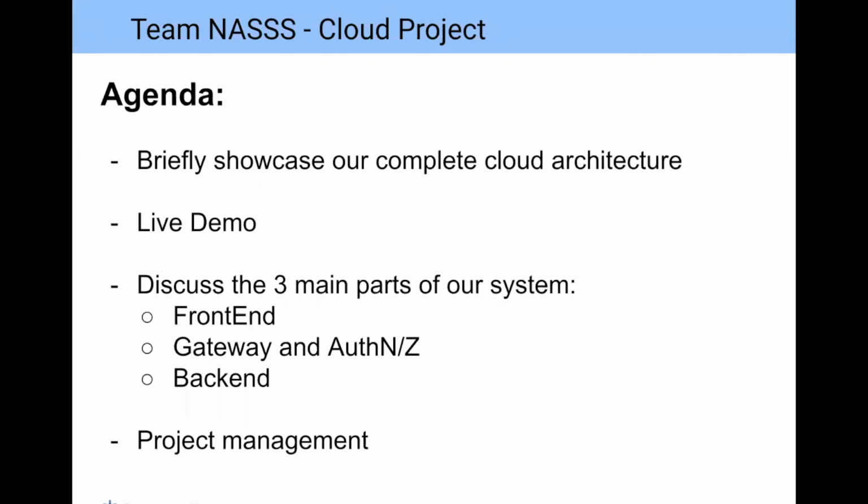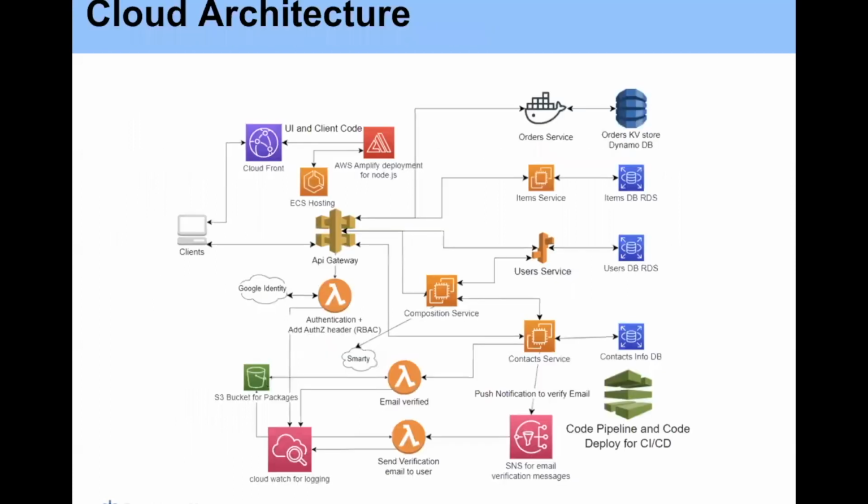So we'll quickly showcase our cloud architecture, followed by a live demo, and then the three main parts of the system, mainly the front end, the gateway and the authorization, as well as the backend, and finally the project management, which we're done. So if you look at the cloud architecture, we have the various clients which are served